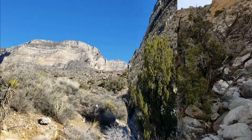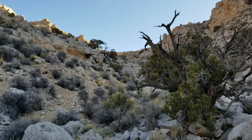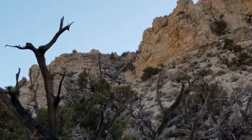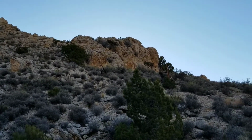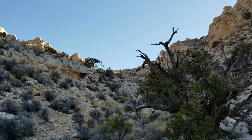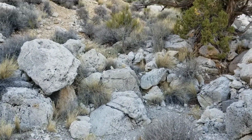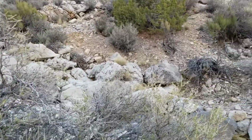Okay, here we go. Time for a quick 360-degree view where we are. We're headed straight up this area. We're going to get to the top of this ridge. That's the Turtlehead Peak Saddle Ridge, and as you can see, here is what I'm avoiding climbing up and down. So you can see that it's higher and then it descends to this spot. So I'm looking to come out right at this spot. The only problem is that, of course, I'm going over this, which is what the wash has become. You can see that it is